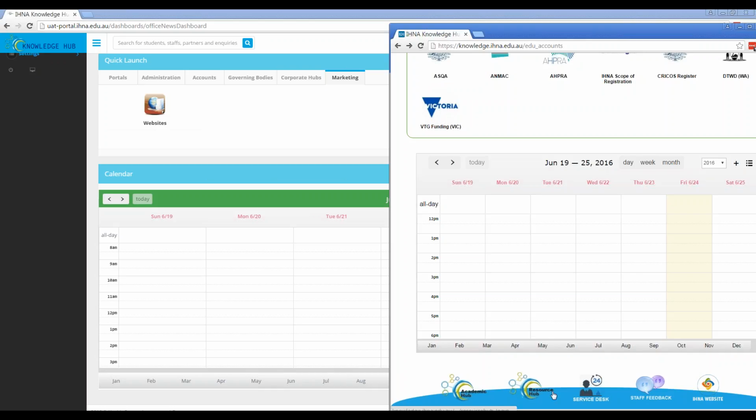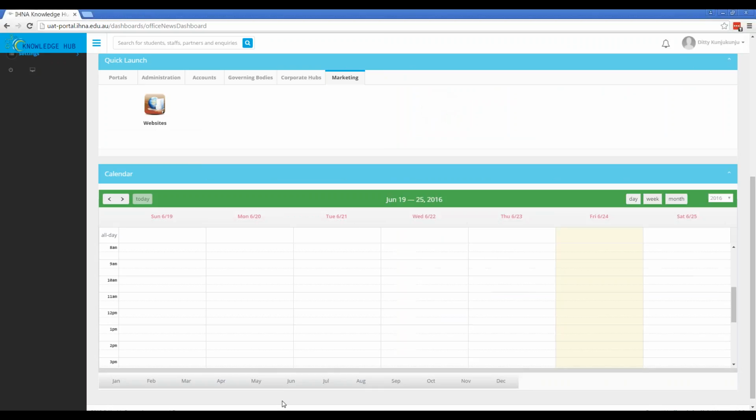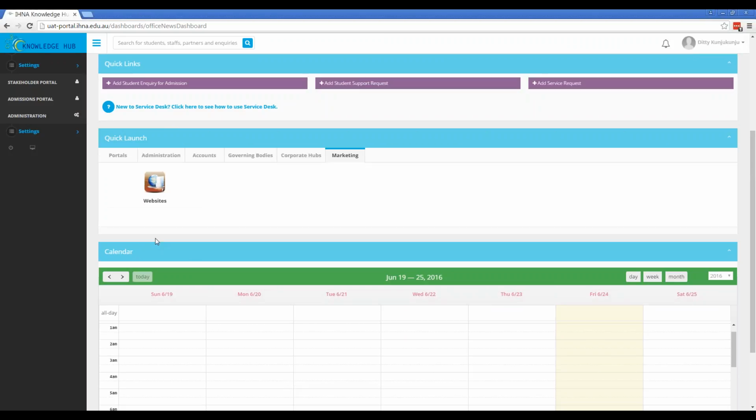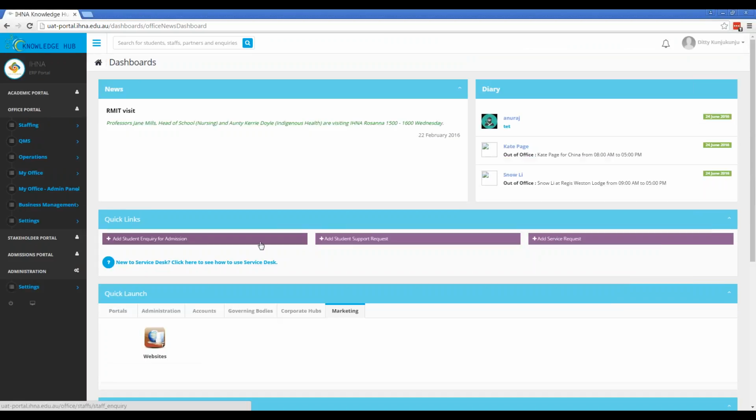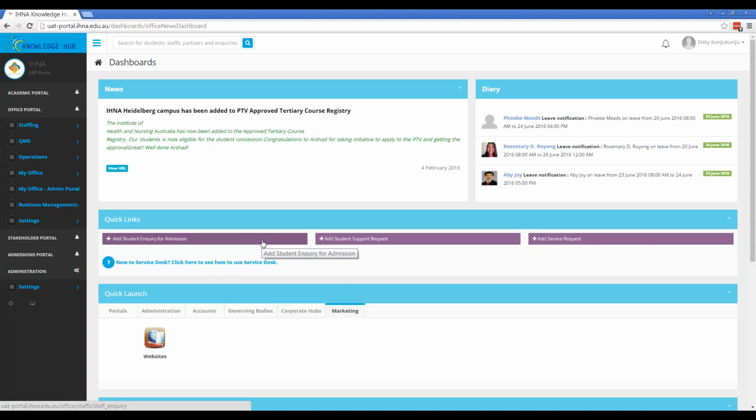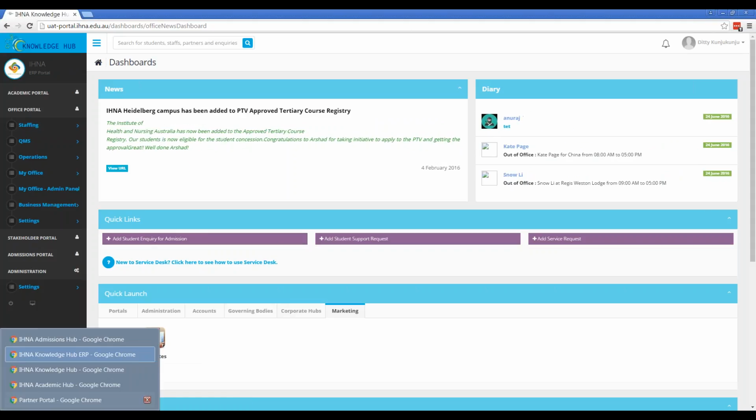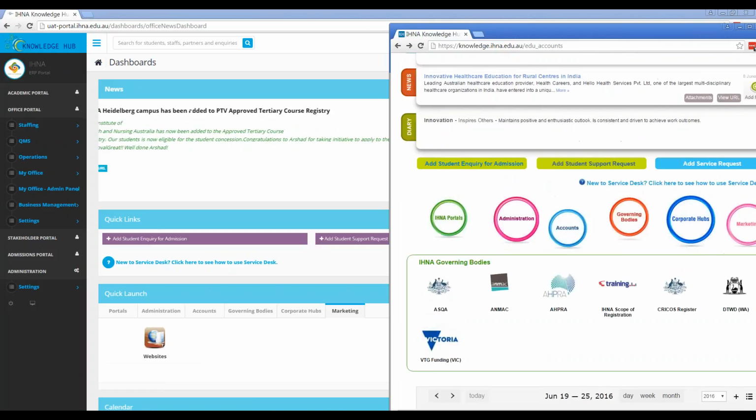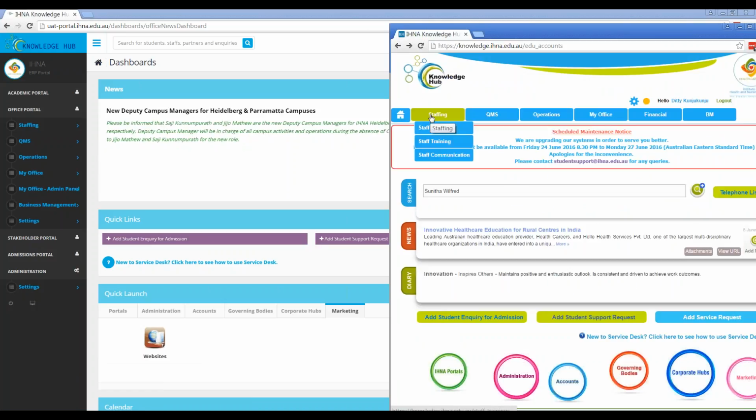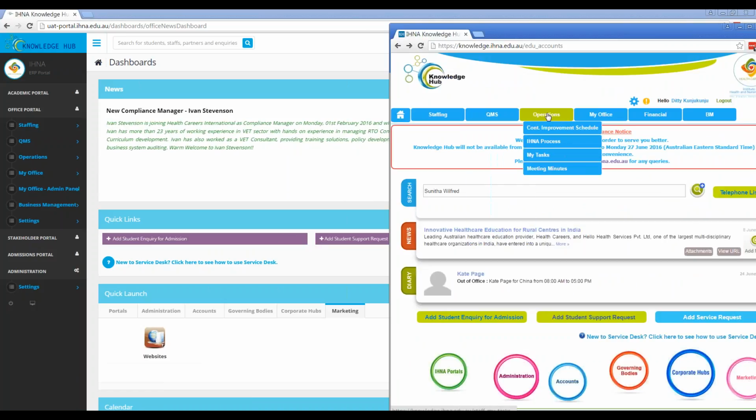Everything below, the academic hub, resource hub, service desk, staff feedback, and IHNA website, all these things are added in this one, but not in this area. It's in different areas, which I'll show you on the go. Right now, in the staff portal, excuse me, you can see the menus here: staffing, QMS, operations, my office,